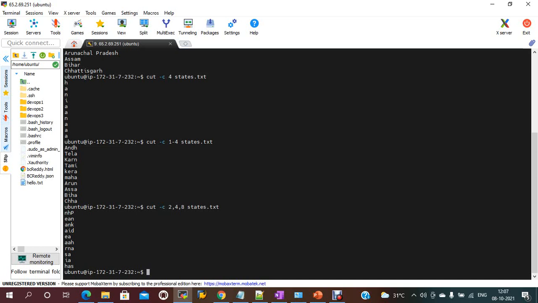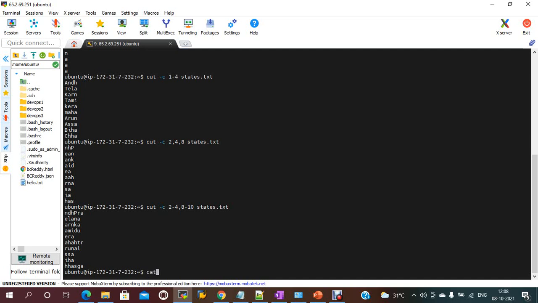Range we have seen, and characters we have seen. If you need in between the second character to the fourth character, and the eighth character to the 10th character, it should be displayed based on that.